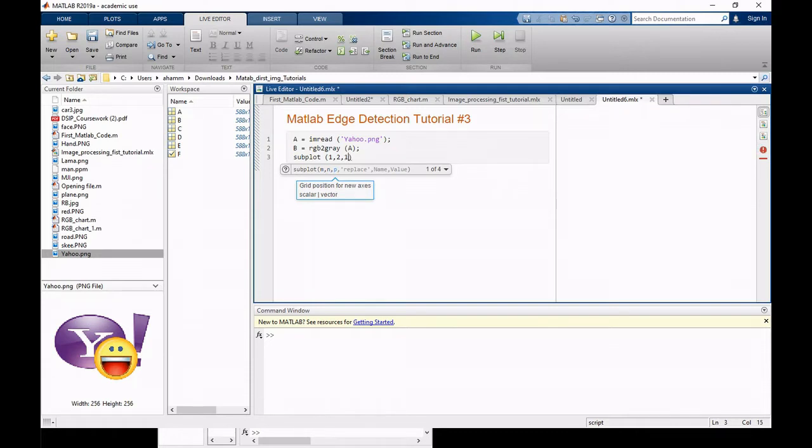So image number will be 1, comma imshow a, give it a title name, title, color image,